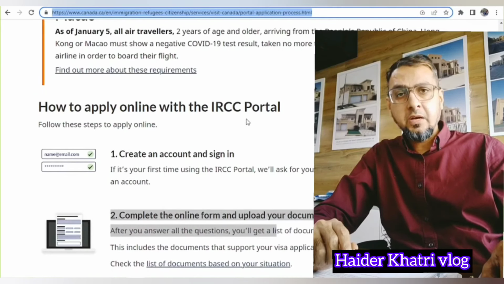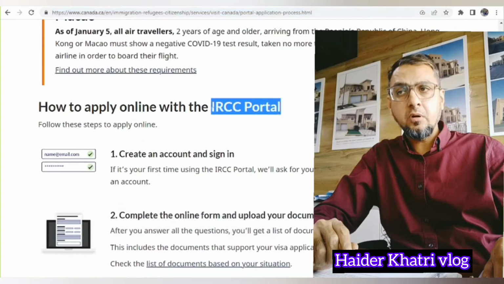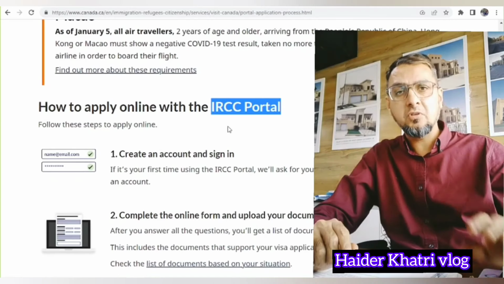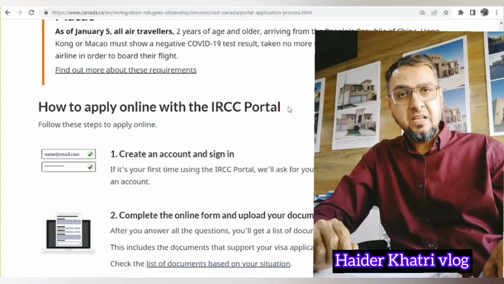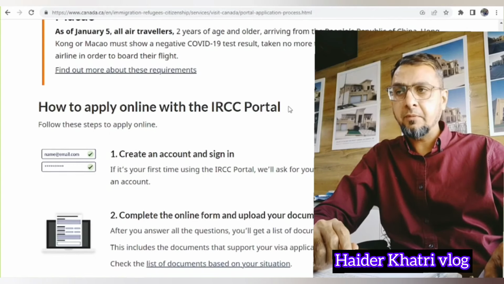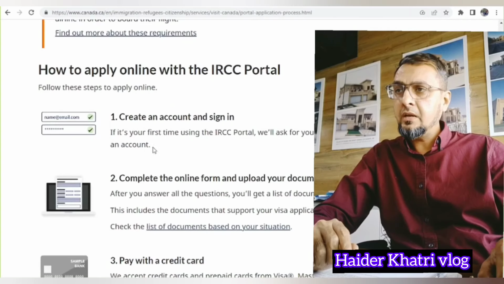So guys, for a Canada visa there are two types of portal. This is the direct portal for Canada. One is also where people are applying from GCKey. With GCKey there is too much complication and it is a very lengthy process. From here we can apply for a Canada visa very easily and in very few minutes. So we'll see how we can get it.